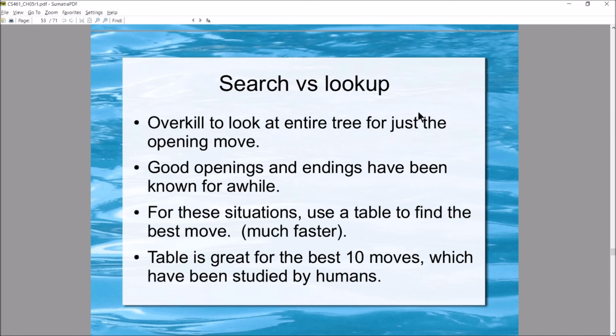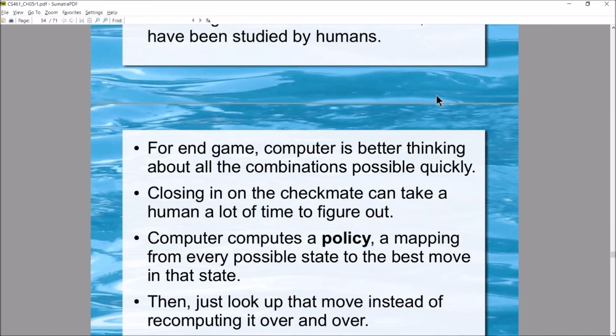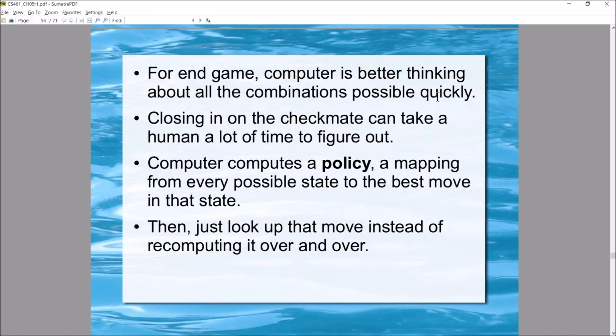So a table of solutions is very good for the best 10 moves, right? These have been studied by humans, studied to death. This is known information. Okay. Now,